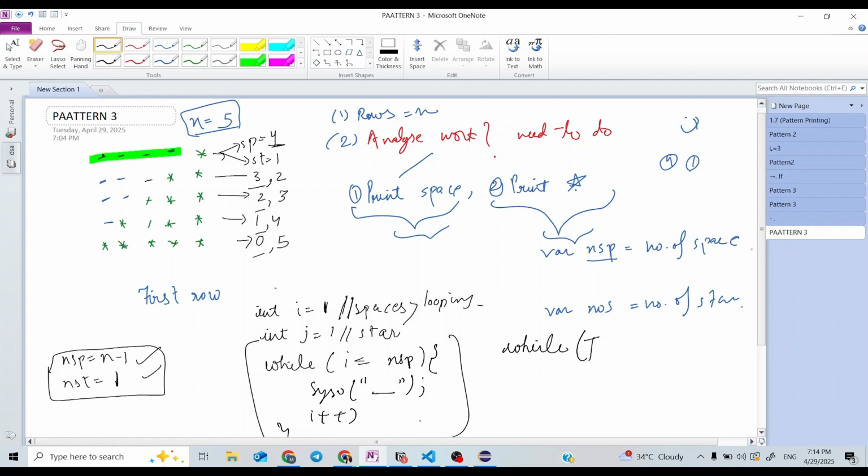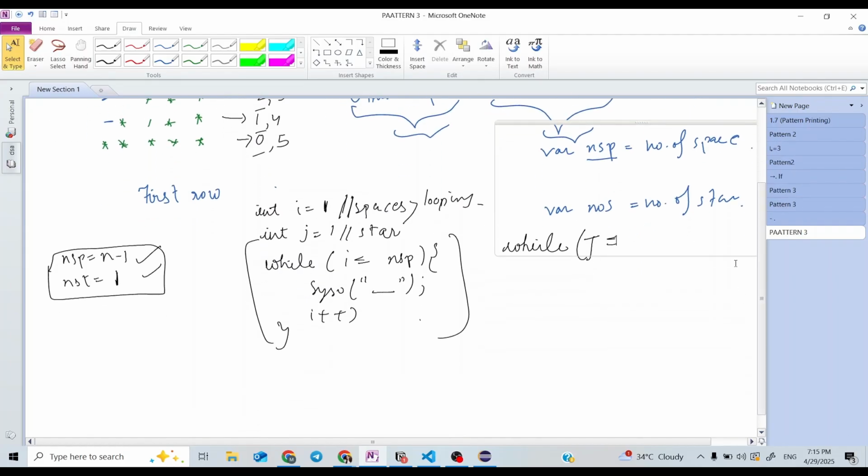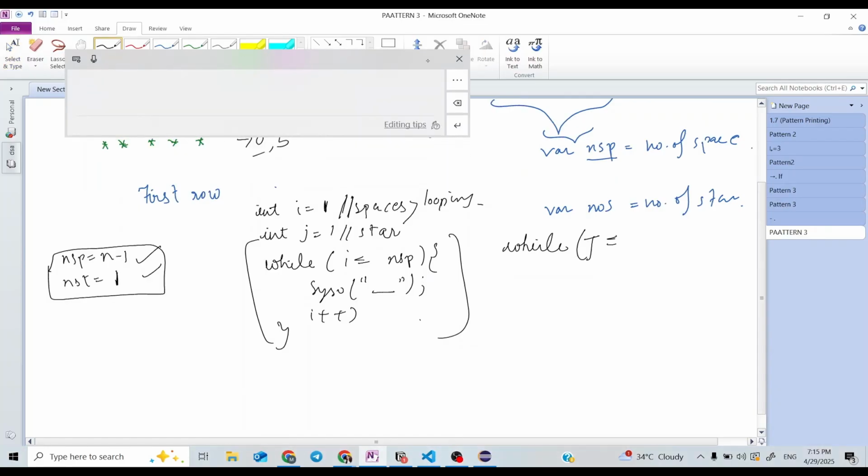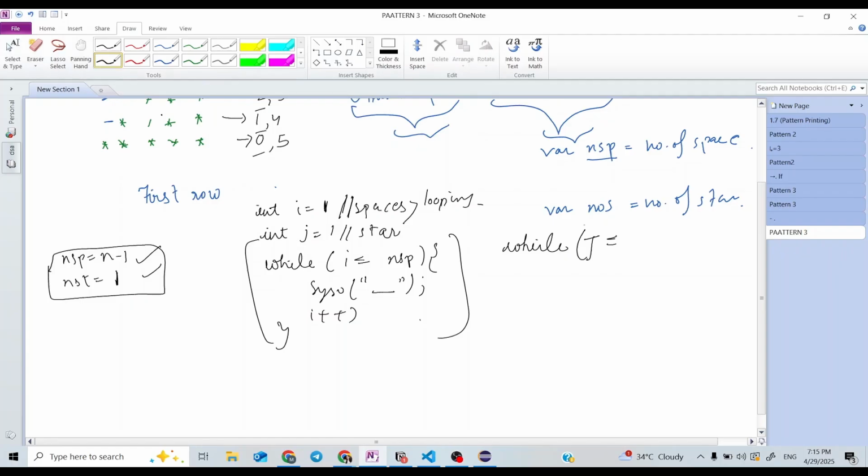I have the j variable for stars: while j is less than or equal to number of stars, print star, j plus plus.